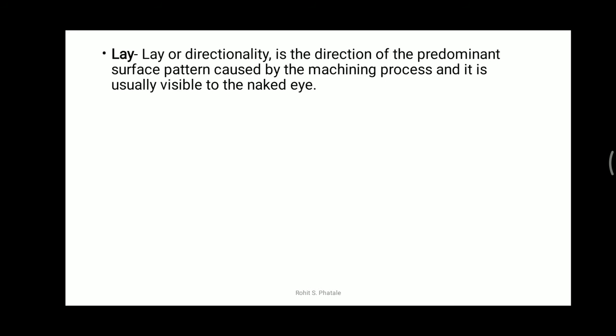Then the second type of defect is lay. Generally lay is also called directionality. Lay is the direction of the predominant surface pattern caused by the machining process, and it is usually visible to the naked eye. With the help of our naked eyes we can see these types of defects, and the lay is formed because of the